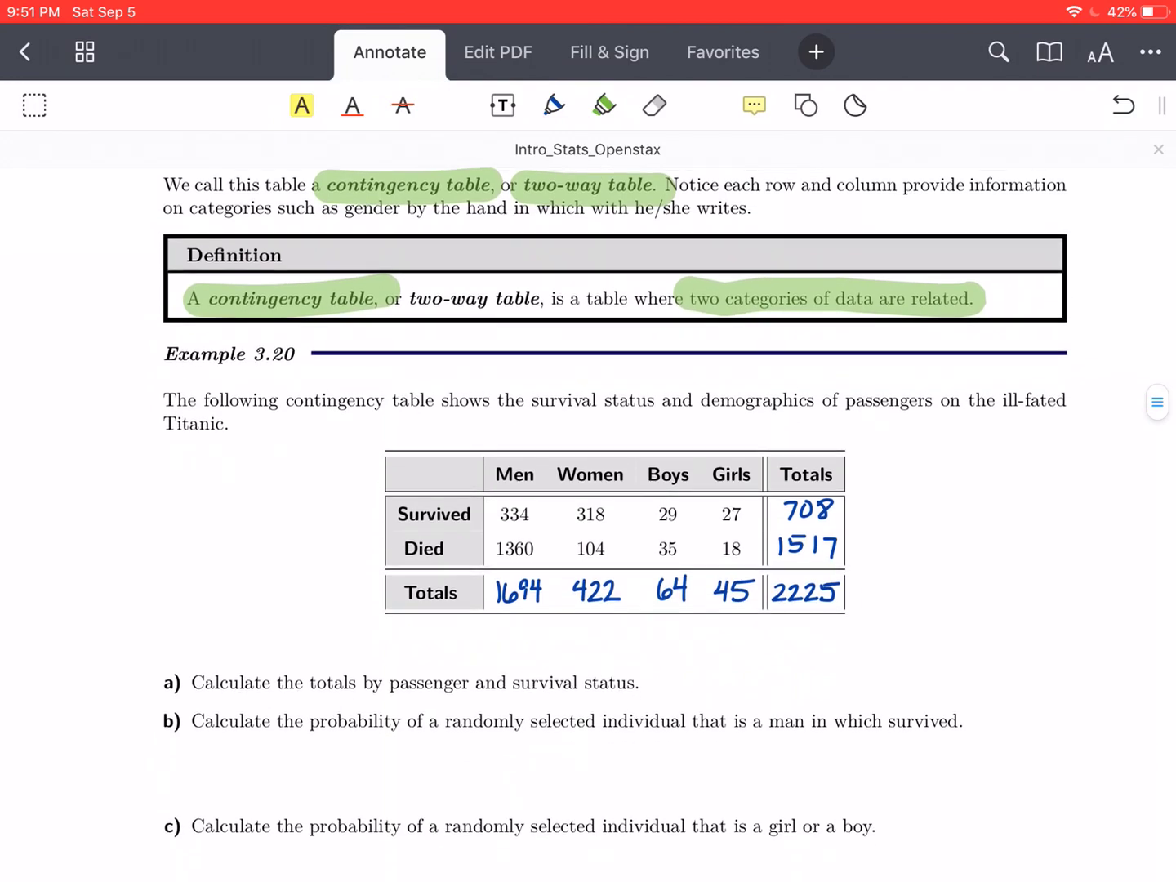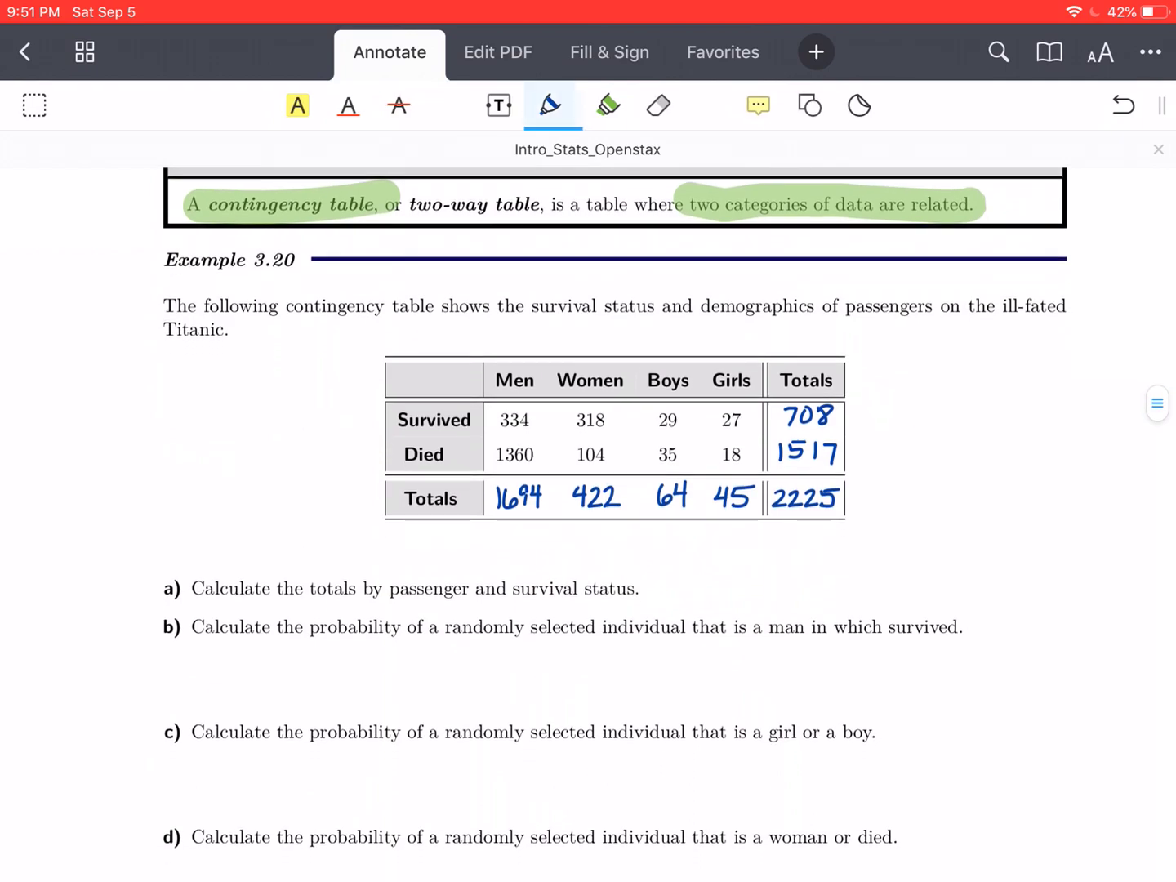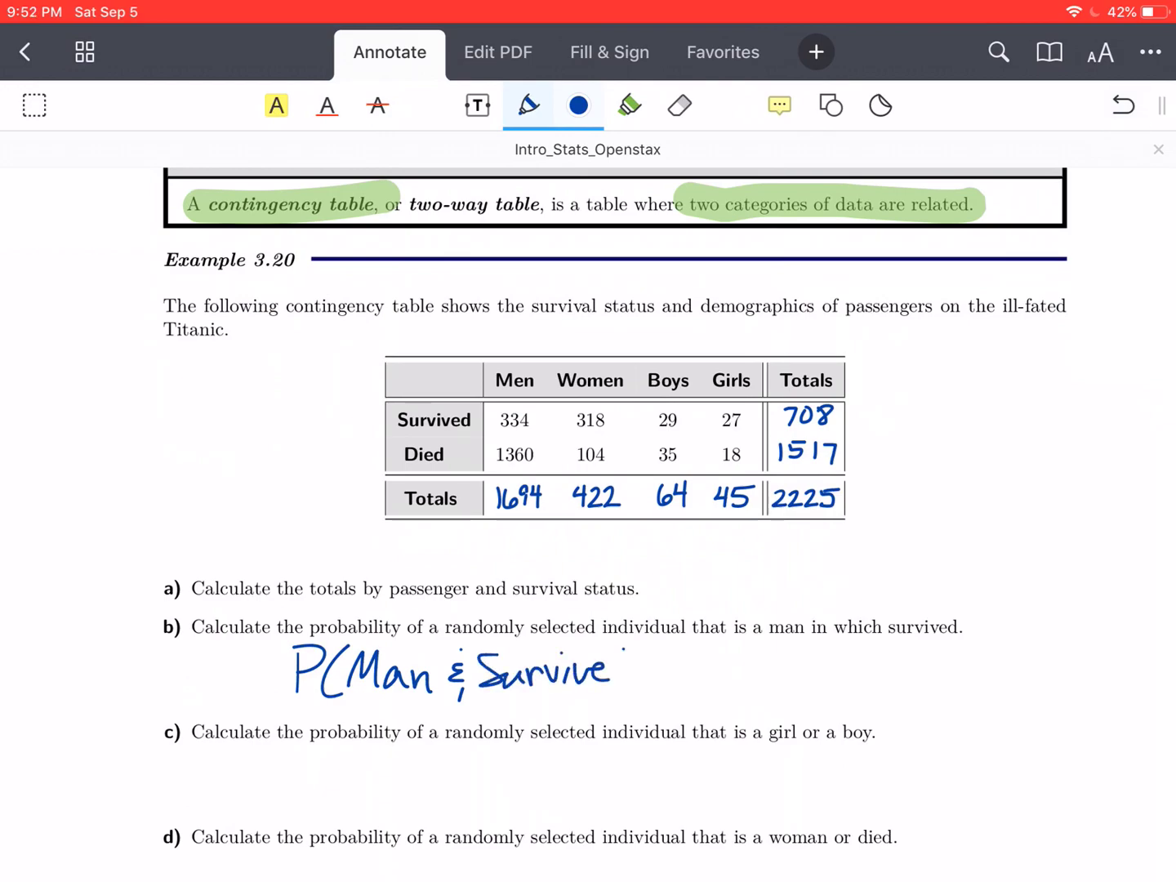Alright, so part A, calculate the totals, which we just did. Part B, calculate the probability of a randomly selected individual that is a man which survived. So the probability that we get a man and they survived. Okay, so again, writing it as an and statement. So the probability that a randomly selected person is a man and they survived, that would be this item right here. Right? So that is 334 people out of the 2,225,